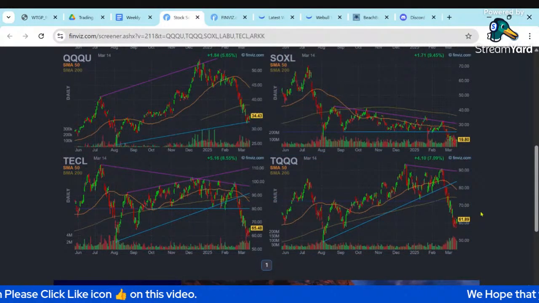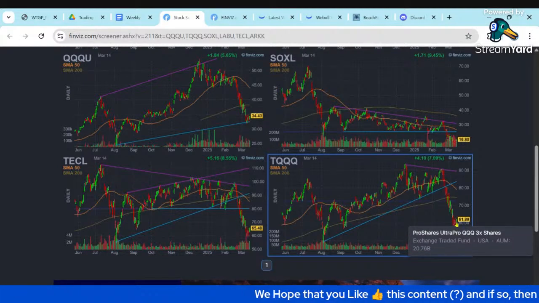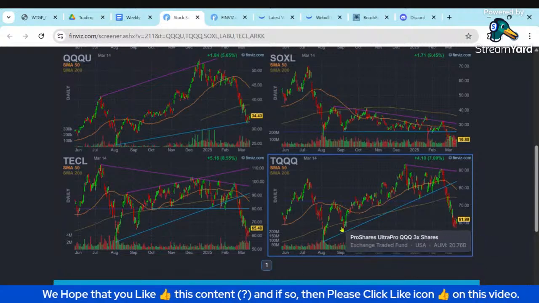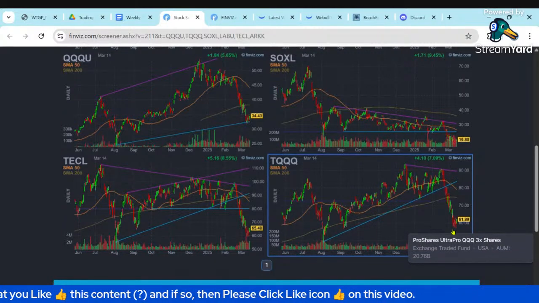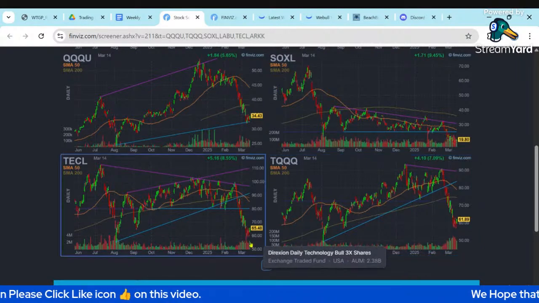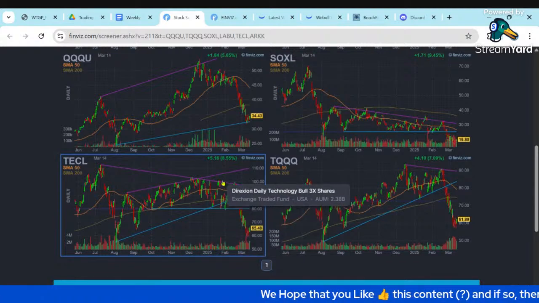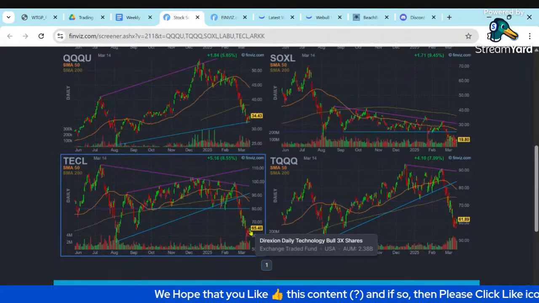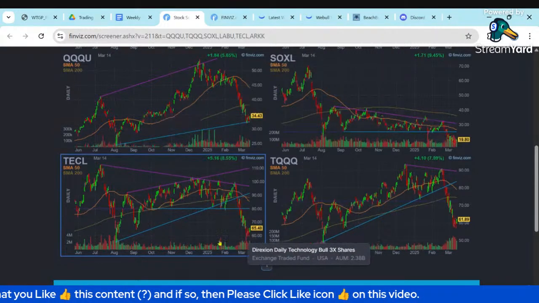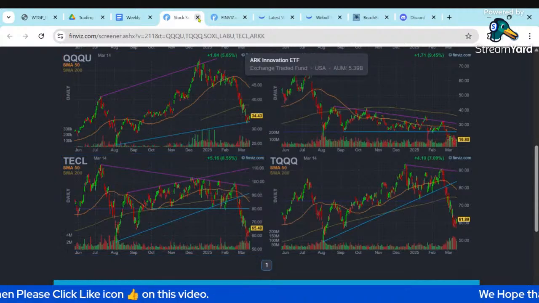TQQQ, just the leveraged long on the NASDAQ, so similar behavior: steep downtrend, slight relief bounce on Friday, but it looks like it tested that September low and held up there. We've got more potential downside to the August low. Broad technology very similarly, didn't quite get to the August low. Steep downtrend, quick relief rally. See if we get any follow through or again more potential downside to that August low in broad technology. So I hope that all helps.